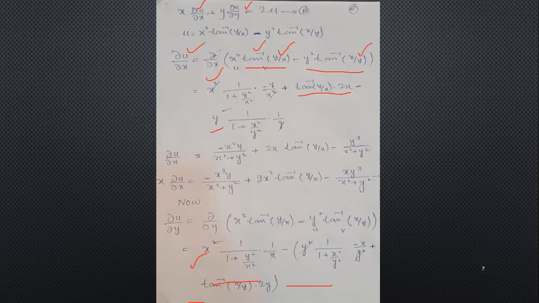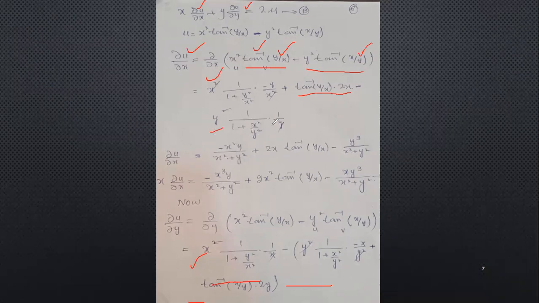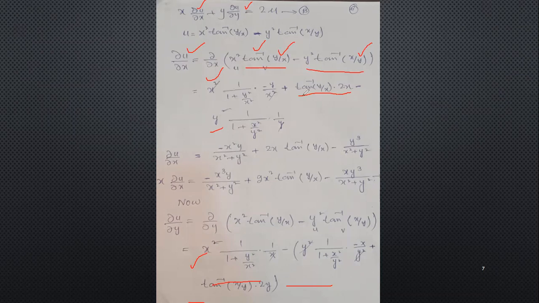So after simplification of the first term, we get minus x square into y, because x square numerator and denominator cancel,